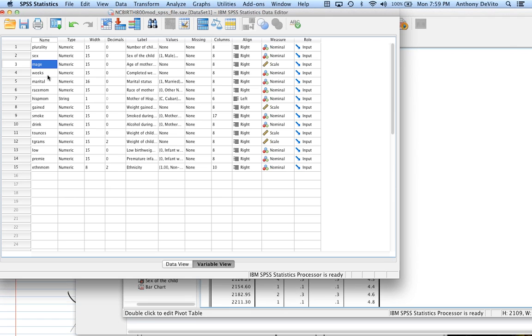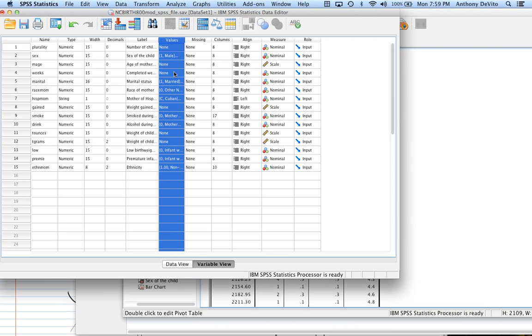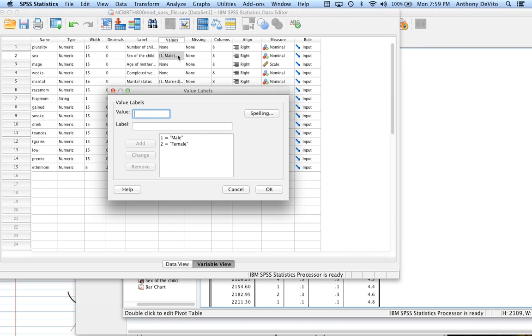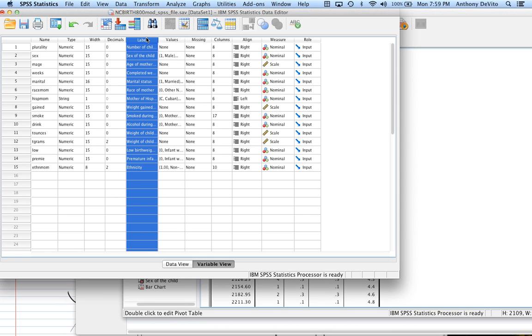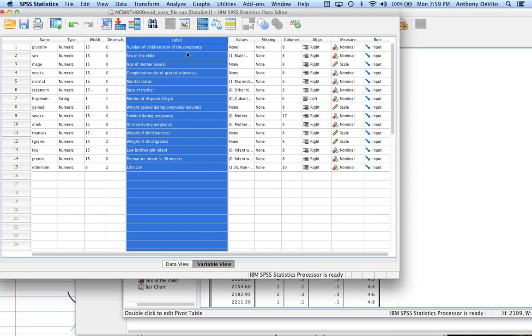However, if we produce a table or a chart, we don't want it to say MH for the description of the data, because that means something to us, but it may not mean anything to the person that's reading the material that we're producing. Okay, so we have not just a way to define the values, like what does one or two represent for males, but we also have a column that's called label. And in label, we have the opportunity to